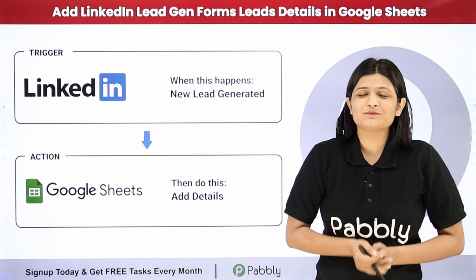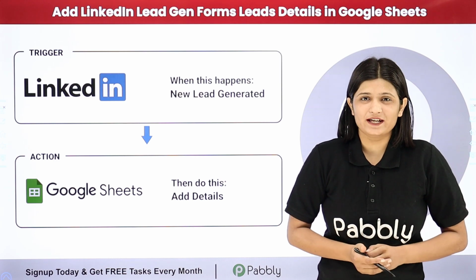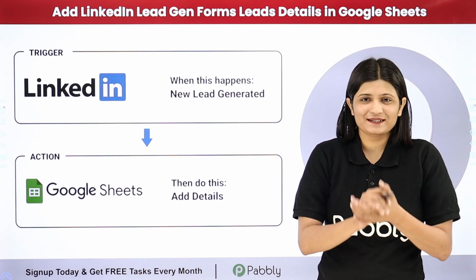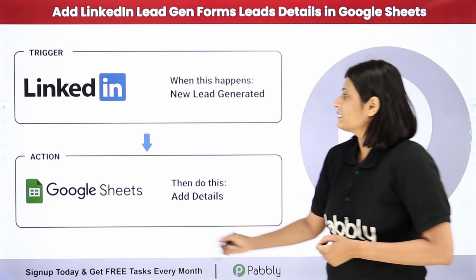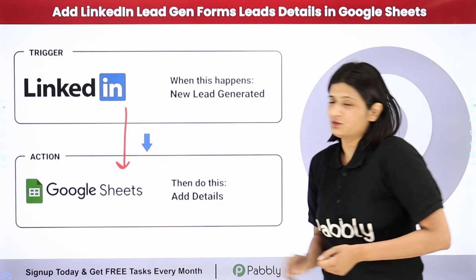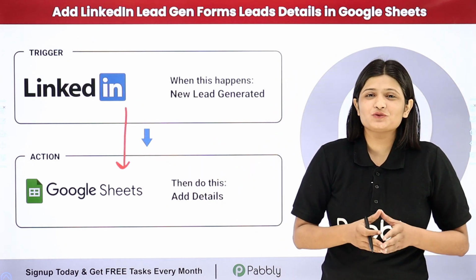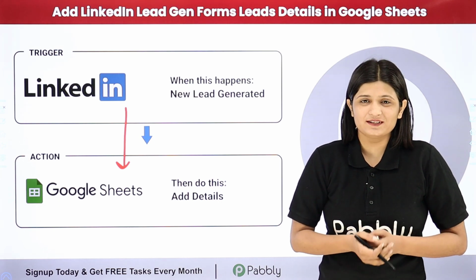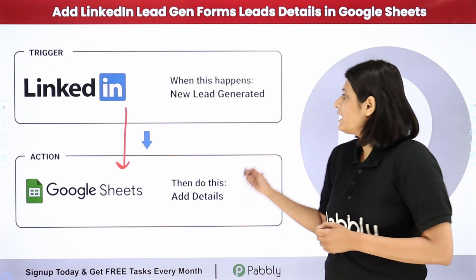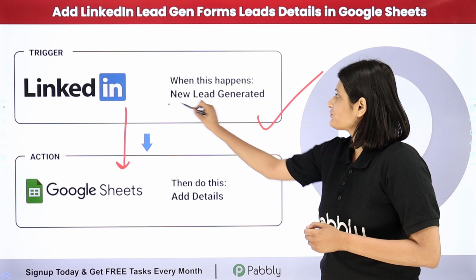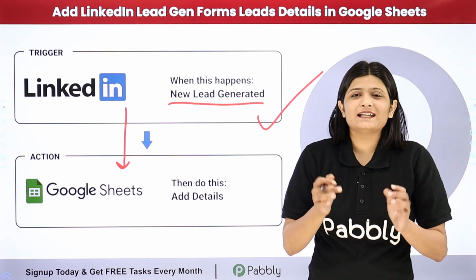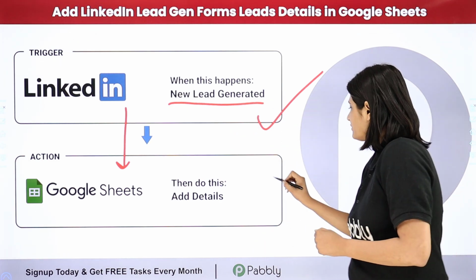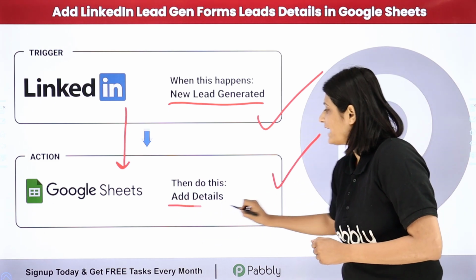Pabbly Connect is an amazing automation and integration software which requires no coding or programming skills. Here I just need to build a connection between LinkedIn Lead Gen Forms and Google Sheets. Pabbly Connect runs on two principles, which are trigger and action. Here as my trigger application, I am going to take LinkedIn Lead Gen Forms, from where I will receive new leads, and then in my action application, I am going to take Google Sheets, where all these details will be added